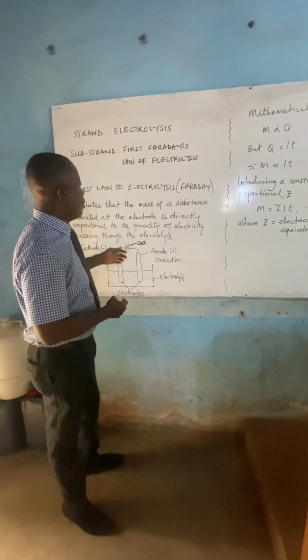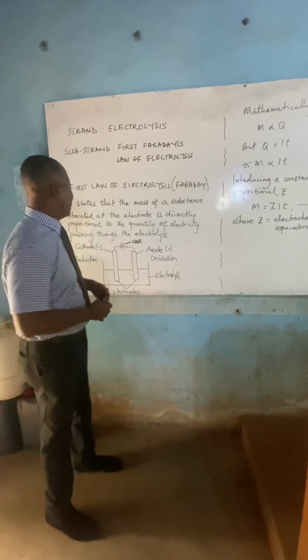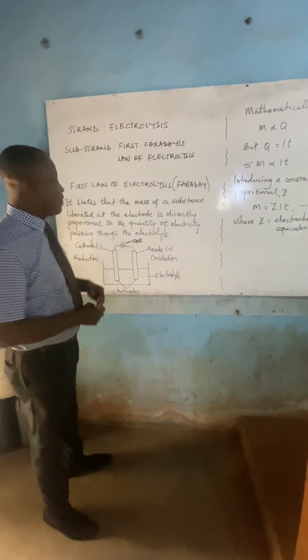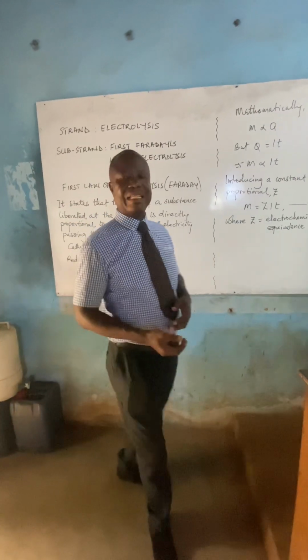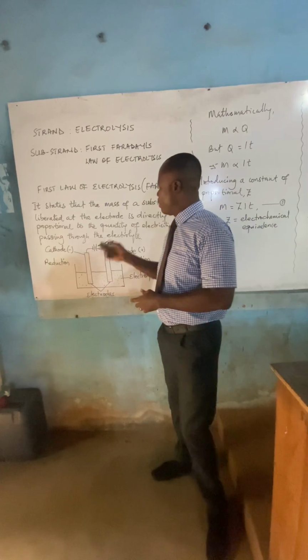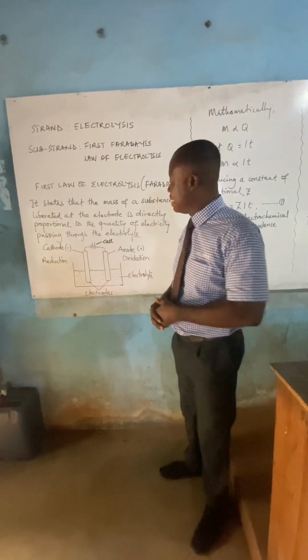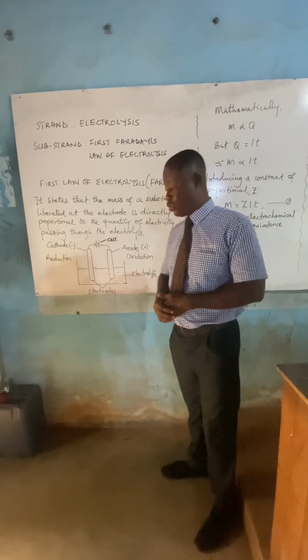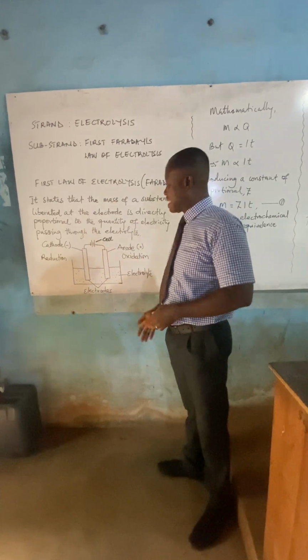Now, the first law of electrolysis, Faraday's law, states that the mass of a substance liberated at the electrode is directly proportional to the quantity of electricity passing through the electrolyte. As we have discussed earlier on,